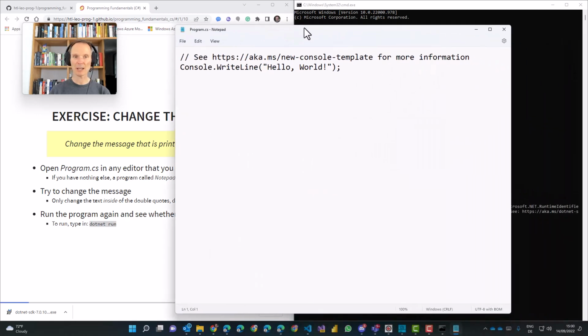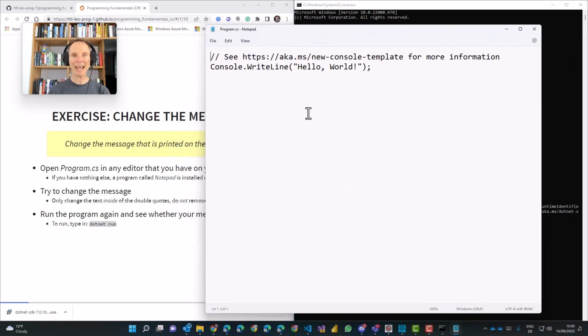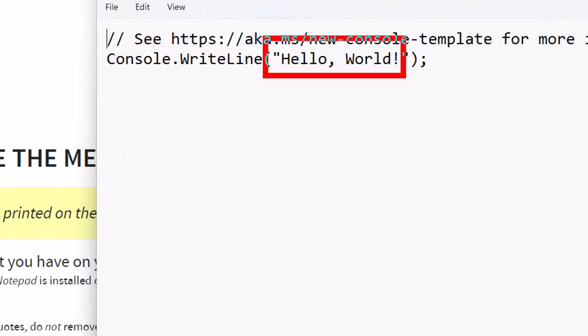It opened up on my second monitor. I'm sorry for that. Here it is. And here you see our editable version of the code. And now I ask you to change the message. Please note that the message that is printed on the screen is enclosed in double quotes. These are important. Don't delete them. The double quotes are super important.